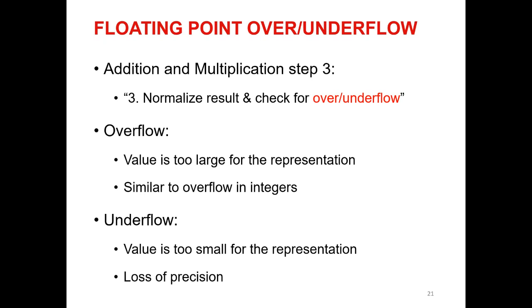For instance, with single precision, we are limited in the precision we can indicate for a number. Or in the example before, we only have 4 digits. So if the result of a multiplication had 5 digits, we needed to round it up. With this, we lose precision, and this is what we call underflow. Okay, when the value is too small for representing it.